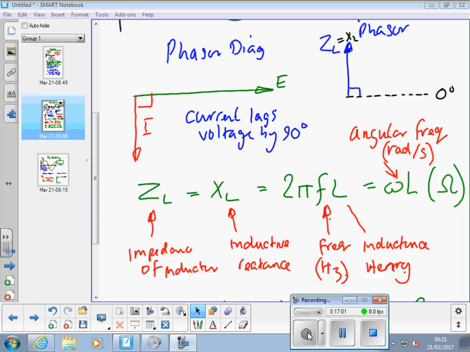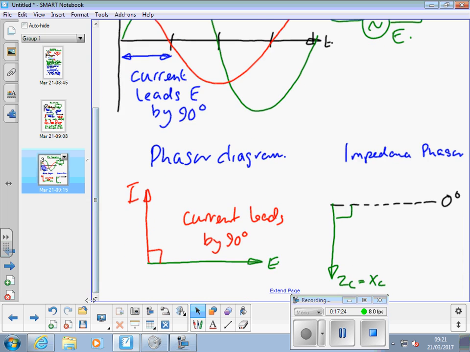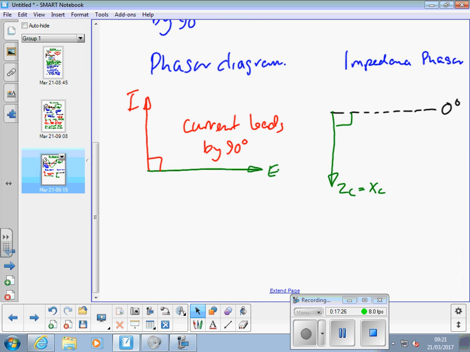F in the 2 pi FL bit is frequency in hertz. L is the inductance in henries. And omega is the angular frequency in radians per second. So that's just what all those terms mean. Right? Everyone got that? So in terms of this one,